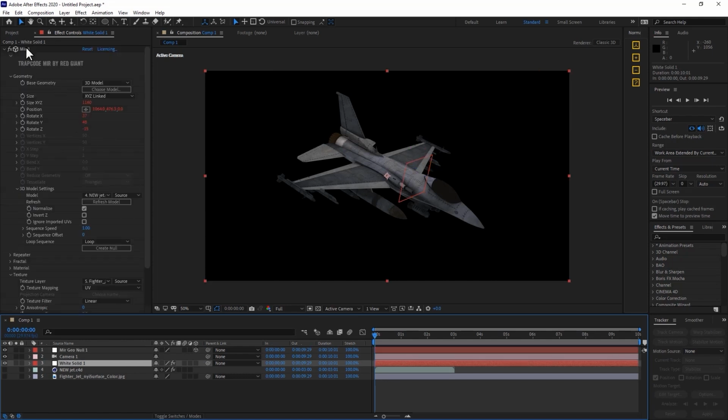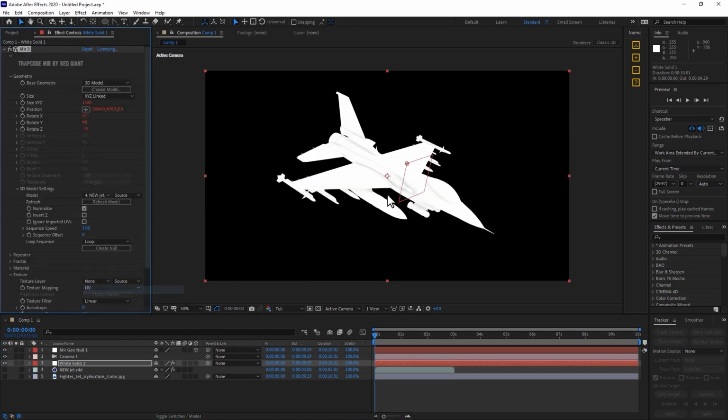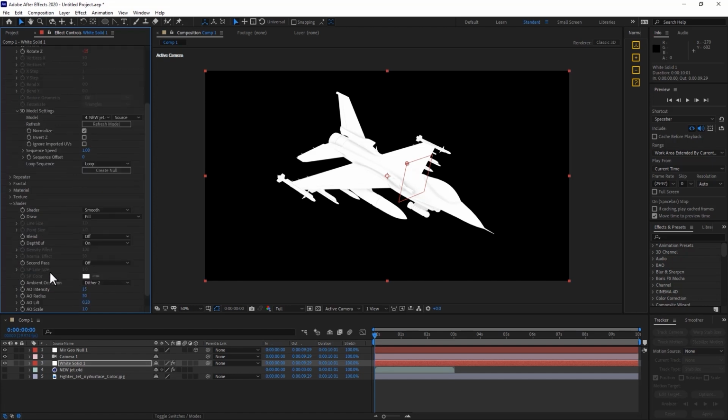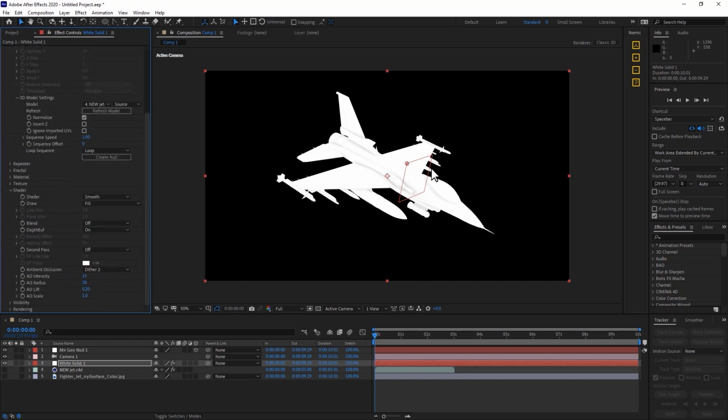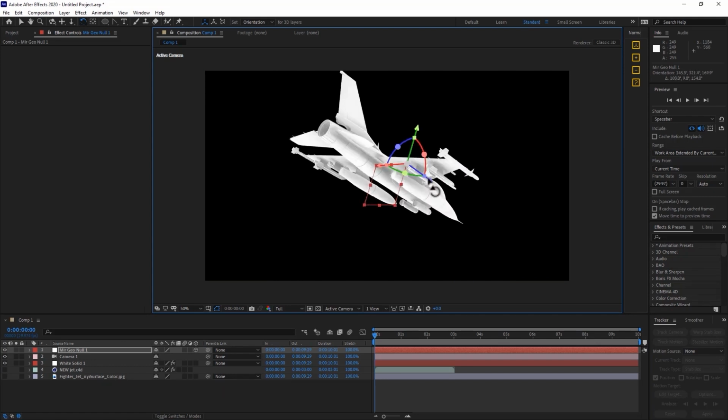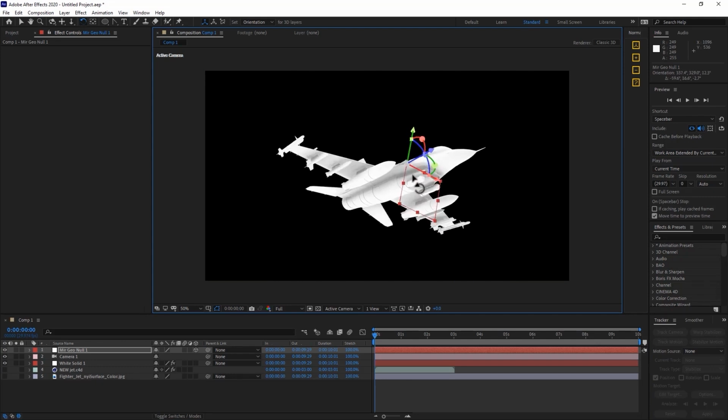So back in my mirror model, I'm actually going to tell it to not have a texture, just to go with this default white. Here under the shader properties, I have some control over how intense the ambient occlusion is, and I'm going to turn that up a bit, just because that'll give me some more definition to parts of this jet. Maybe I'll bloat out the radius of the AO a little bit to something like this. And right here we have something that will work very well as a displacement map with another really fun Red